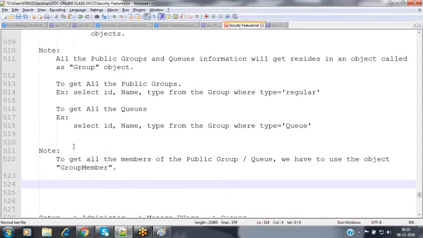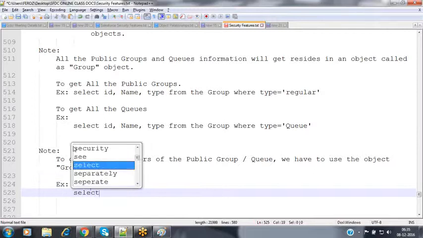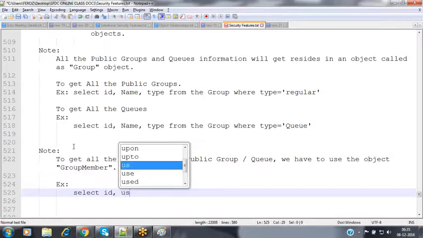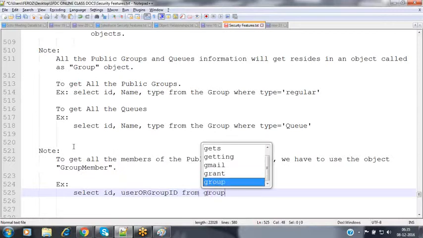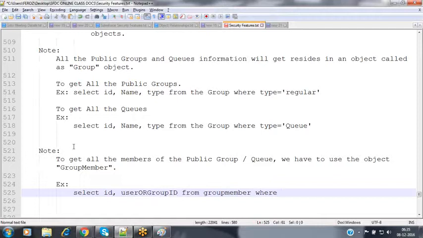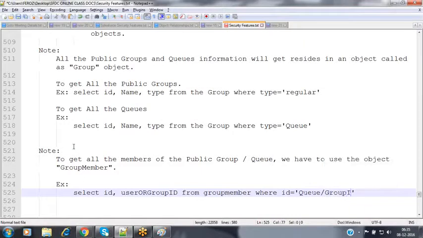How can we fetch this information? For the group member, we select ID comma user or group ID from group member where group ID equals, and you have to pass the group ID here.